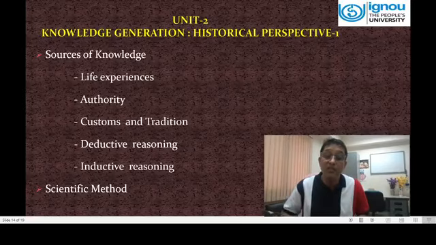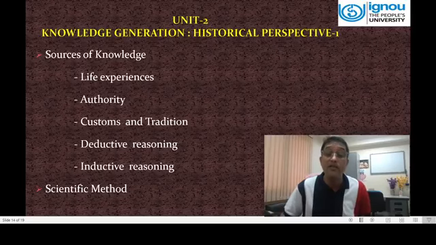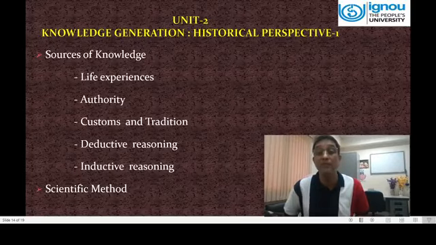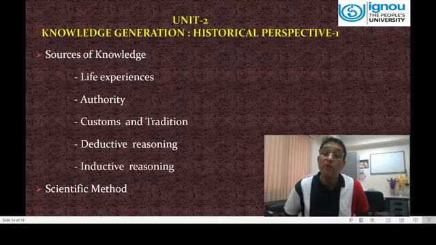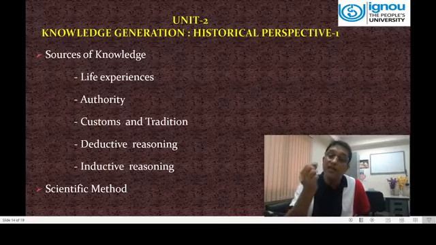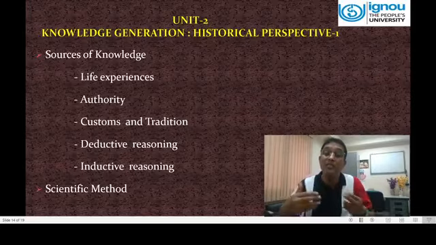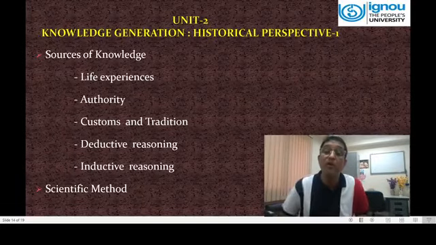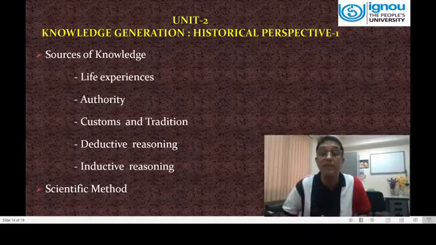And in this unit, you will also find that another important content point is there, that is scientific method. So friends, we also use scientific methods for generating knowledge, at the same time for testing and verifying knowledge. So when we talk about science, it means we are engaging ourselves for generating a new thing. At the same time, after generating it, further we verify whether it works properly or not. We test it, we verify it, we validate it.